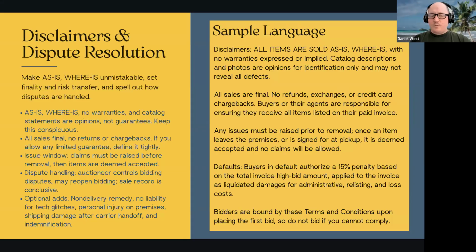Giving yourself a little wiggle room to reopen bidding if you need to. That's oftentimes language that's necessary at a live auction. It's not so necessary at a timed online auction. Typically, what you suggest at a timed auction is just that the sale record is conclusive, and that's that. You're actually not going to reopen bidding. But you could say that as a result of a dispute, let's say an item is misrepresented, that you'll offer to cancel the sale and to relist the item in a follow-up auction or something like that.